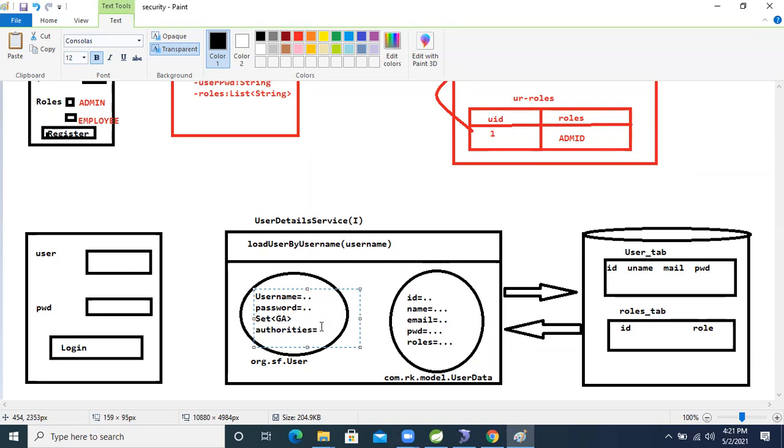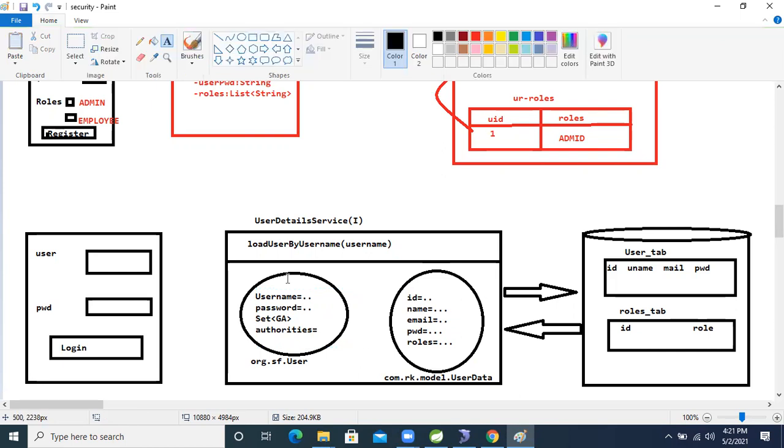These three things the user object needs to perform the login activity. First is username, which is nothing but the user email id. After that it needs the model class password.